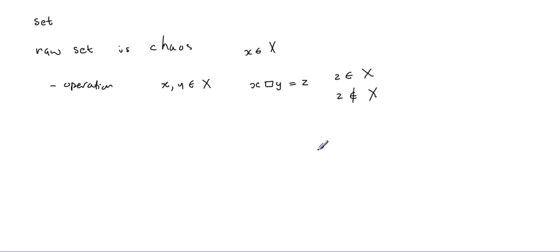So if we do this and the result jumps out of X, then that's kind of a problem. For example, at this stage you assume that we know some basic operations, like the ones we do at school. Say x and y are natural numbers. In this case, we have to choose which natural numbers we want. Do you want to start at 1 or do you want to start at 0? Let's start at 1.